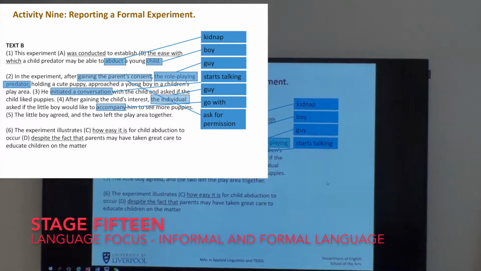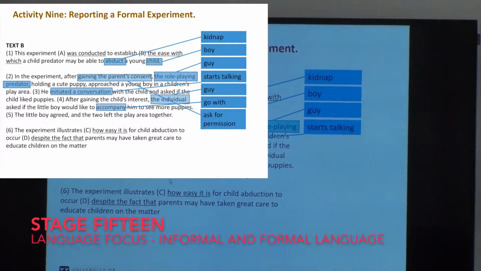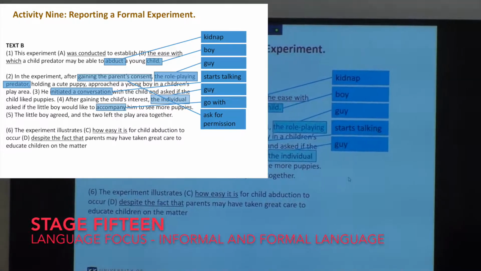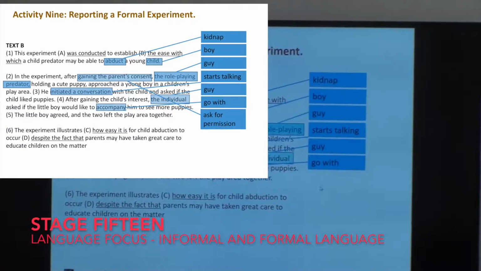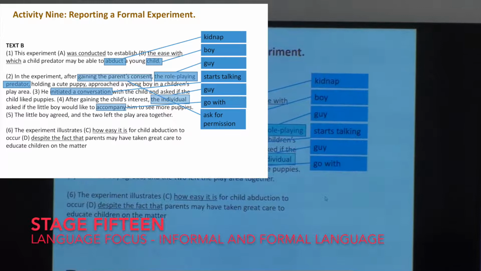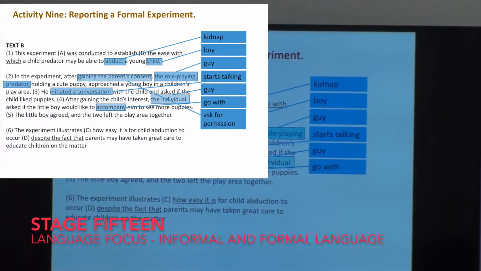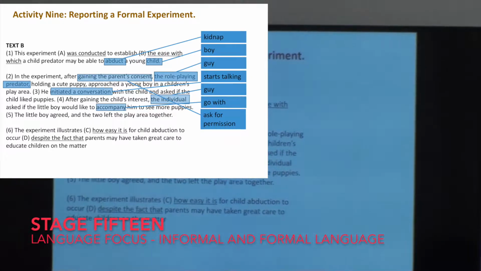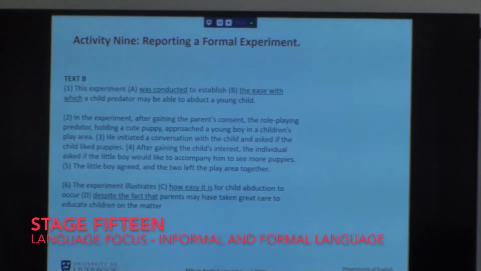Accompanies. Okay, to accompany him. And what is it in the other text? Go and see. Go and see, yeah, okay, we've got that one. I'm not sure if I've marked it down, but we've got individual and guy. Accompany, go with, go and see. Any more? Ask for her permission, which is? Gain the parents' consent. Yeah, ask for permission and gain consent. I'm not sure if I've got that here. That's not there. Certainly that's another good one. Ask for permission and gain consent is another good one. Okay, fine.